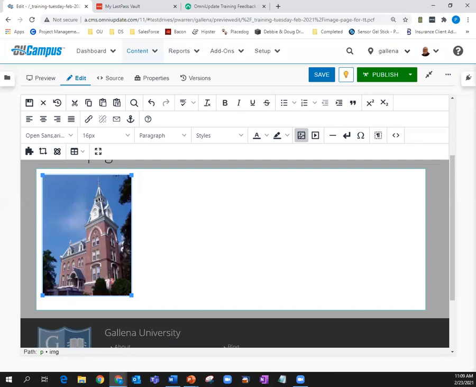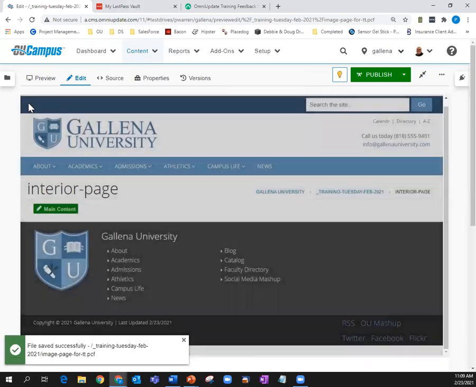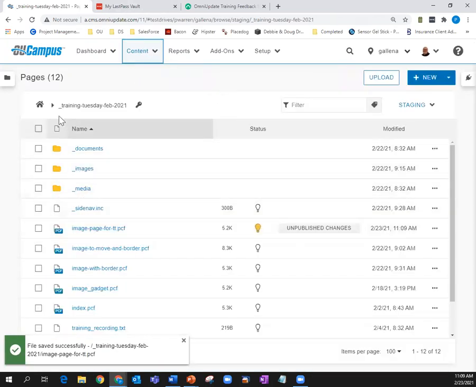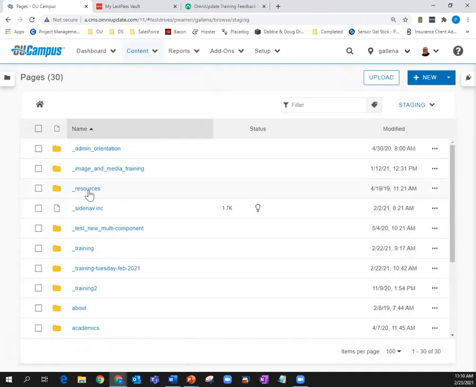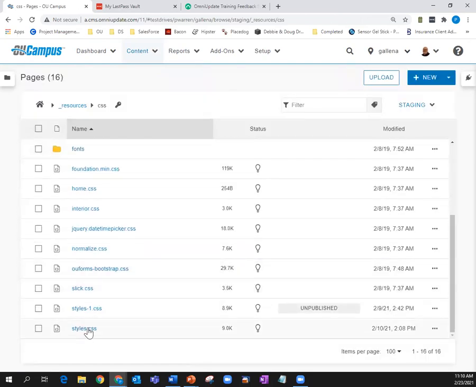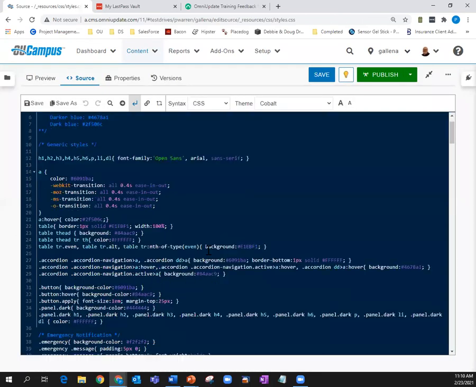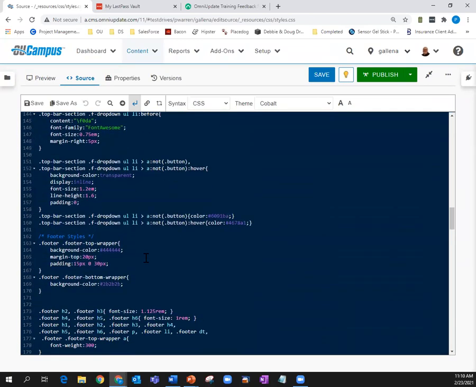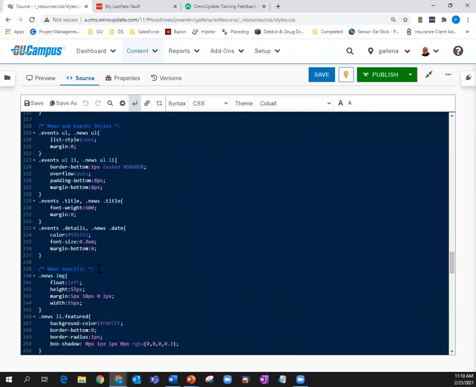There is a way that you can limit the options. Maybe I only want them to be able to put the image on the left or the right here. What I would do is save this page here. If I come to my content and pages and I go to my root directory under resources here, I can come into my CSS and go into my styles CSS. Now, if I come down to, let me double check this section here,